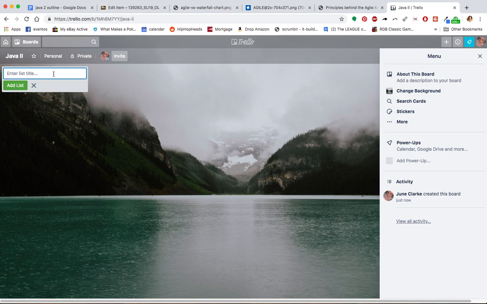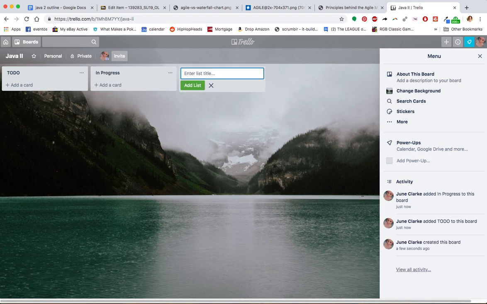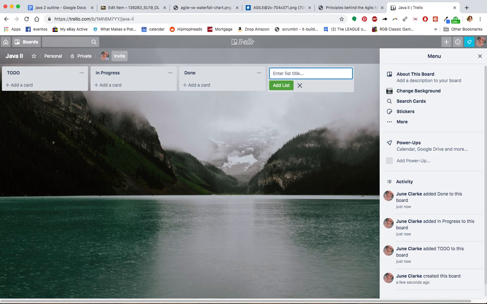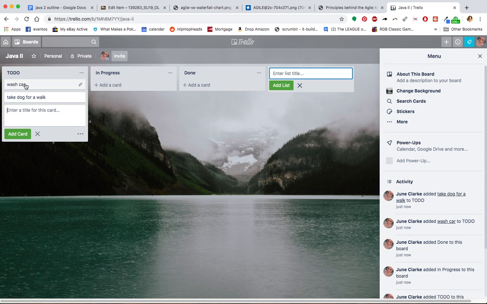So I want to put in an Agile form 3 lanes. Those 3 lanes are to do, in progress, doing, and done. Okay, these are the headers of my lanes, and then I can add cards underneath. So what you would have in here would be little tasks,